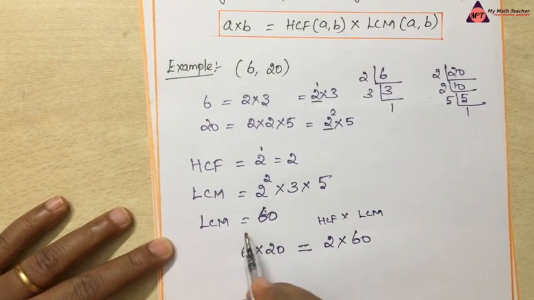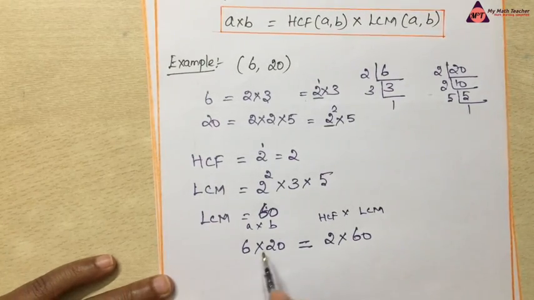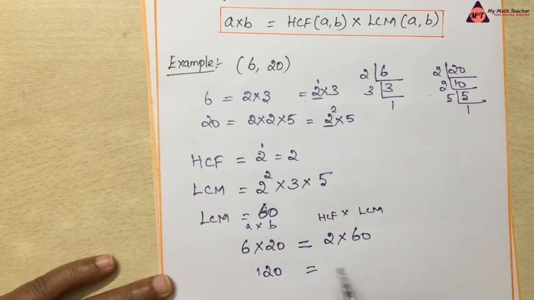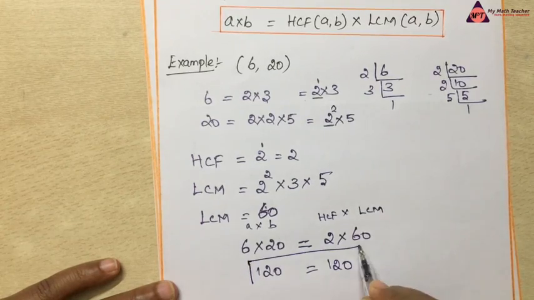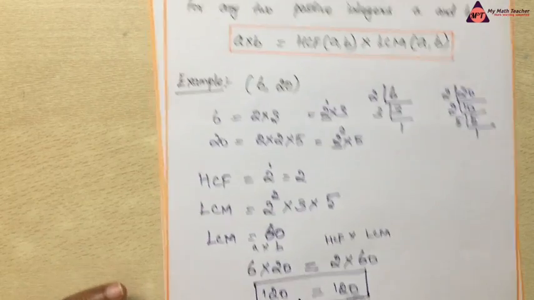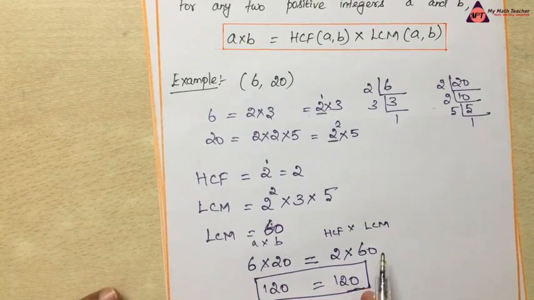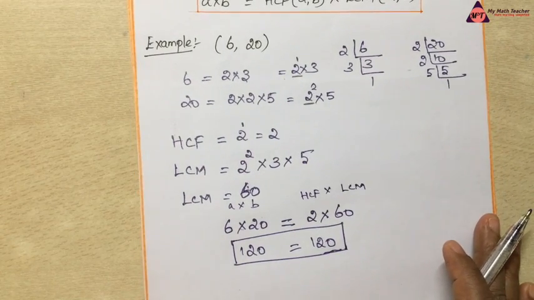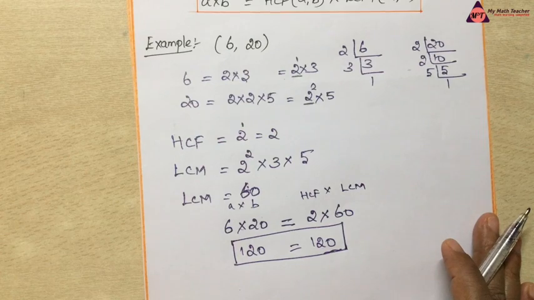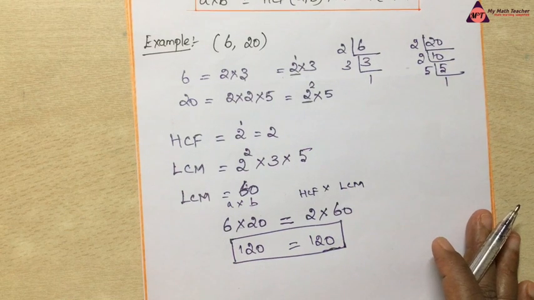These are the two numbers, a multiplied by b. Now multiply: 6 twos are 12, which is 120. The same here, 12 sixes, that is 120. So we can see that the product of two numbers is always equal to their respective HCF multiplied by the LCM. Now these are the concepts which are very simple and easy. Apart from this, I would like to mention to recall the divisibility rules which we have studied in 6th standard, because those rules we are going to apply in this exercise.